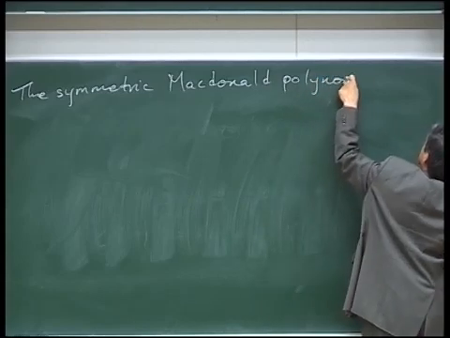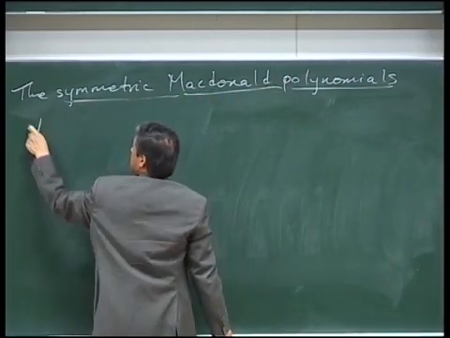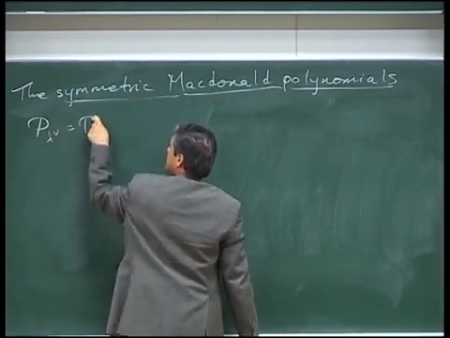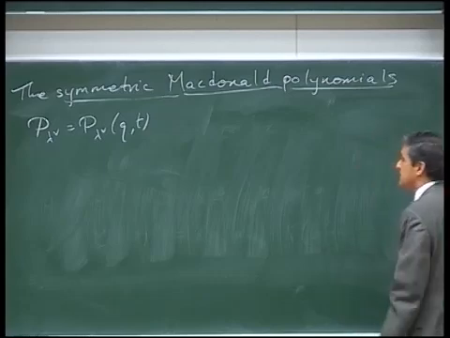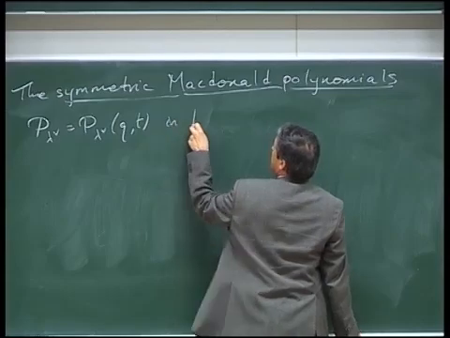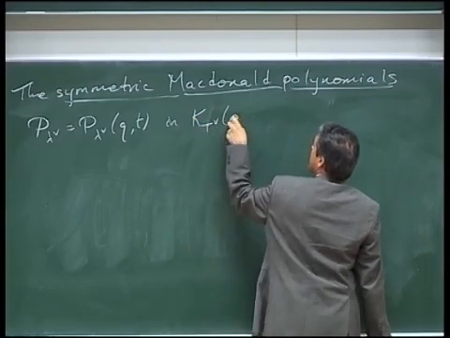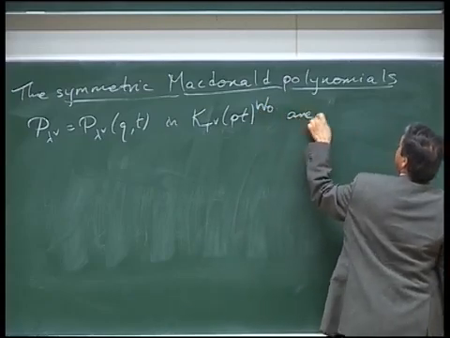Those are called P lambda check, and if I'm being careful to denote their dependence on q and t, I'll write P lambda check q,t. Those are now symmetric functions and are given by,